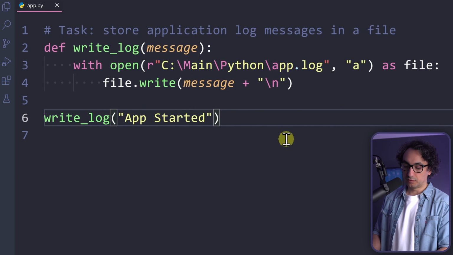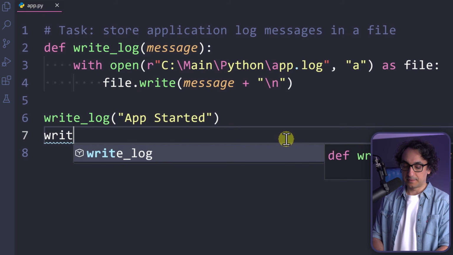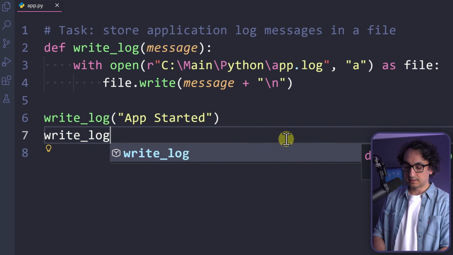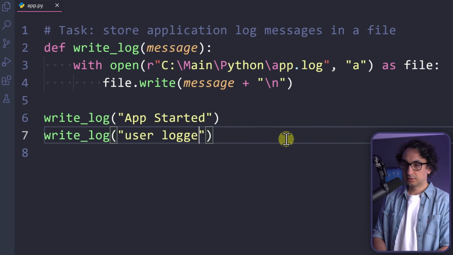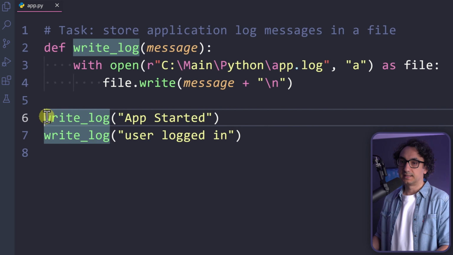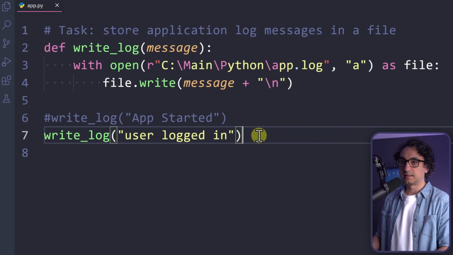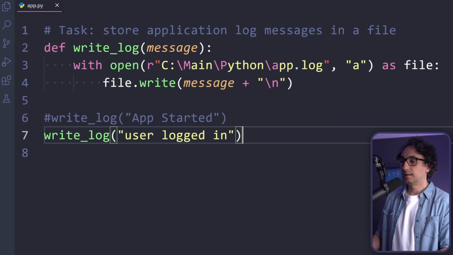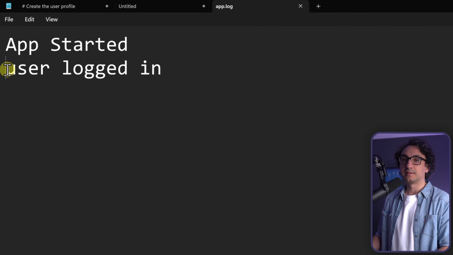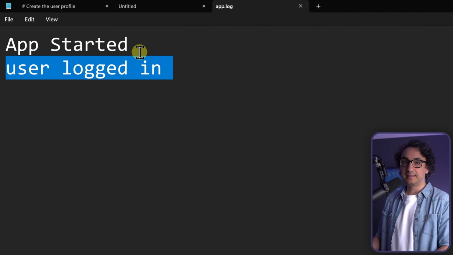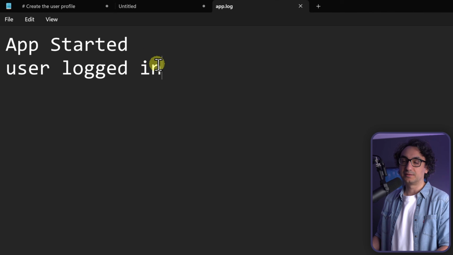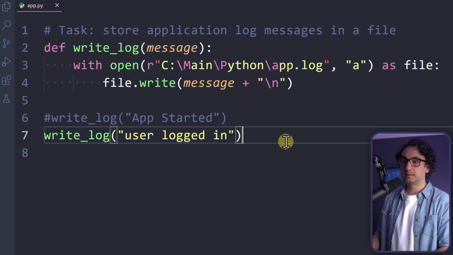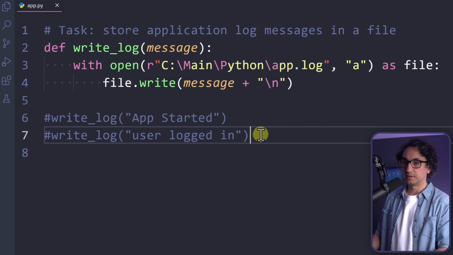Now, if you go back and then over the time something else happens, so we're going to write inside our log user logged in. So this is the second message. I will just comment this out. Let's go and execute it. Now let's recheck our file. Look at this. We have the second message appended. So it is something added to the end of our file. User logged in. Let's go and add a third one. Of course, I don't want this to be repeated.